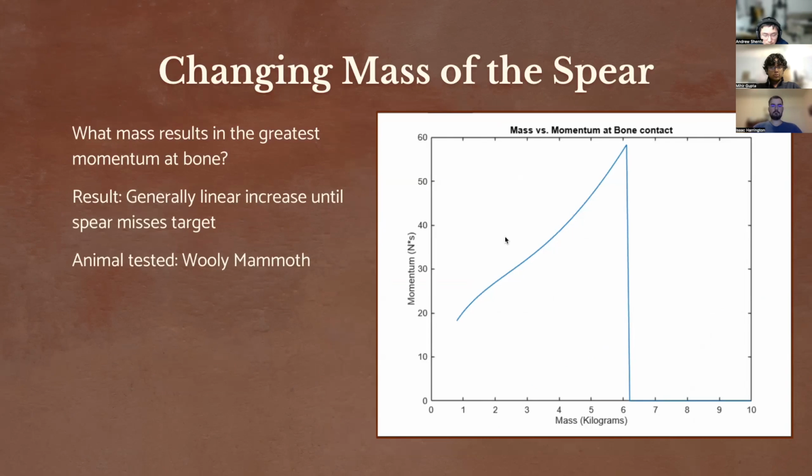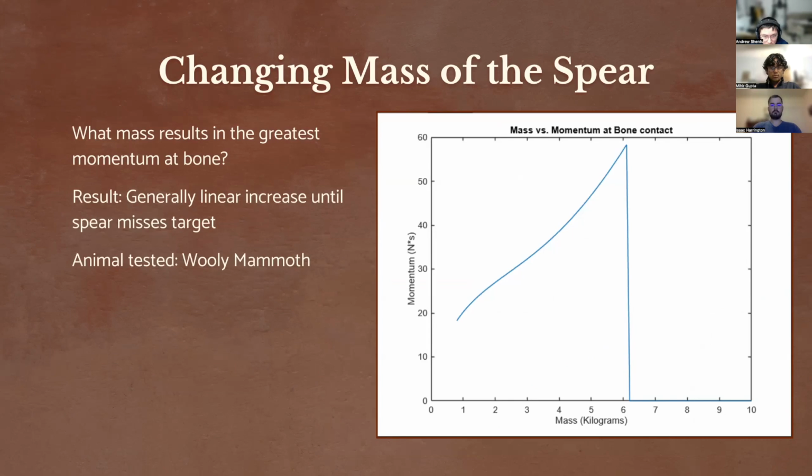How will changing the mass affect lethality? Increasing the mass of the spear will lower the initial velocity of the spear. We represented lethality with momentum. Increasing the mass of the spear is more lethal, up until the spear misses its target. As a result, we can conclude that the closer you are to the animal, the more mass your spear should